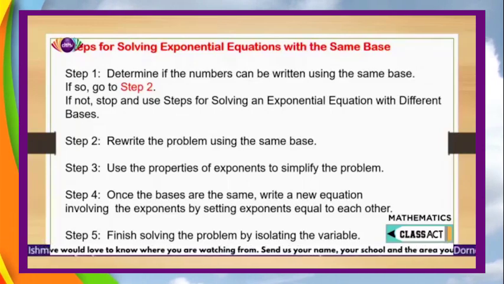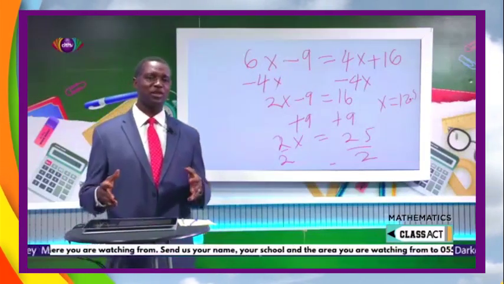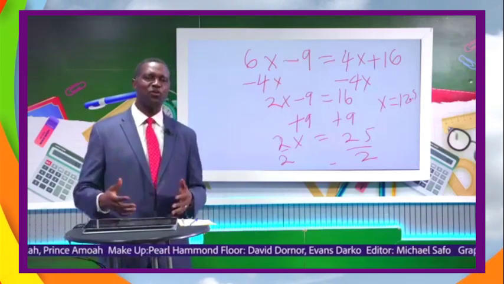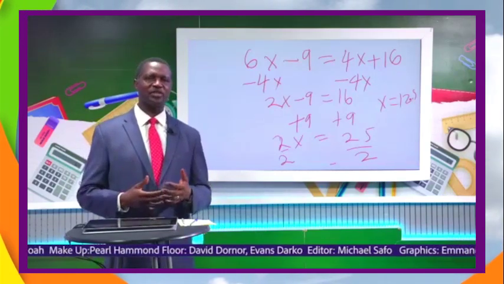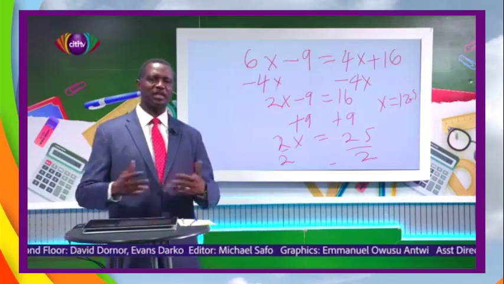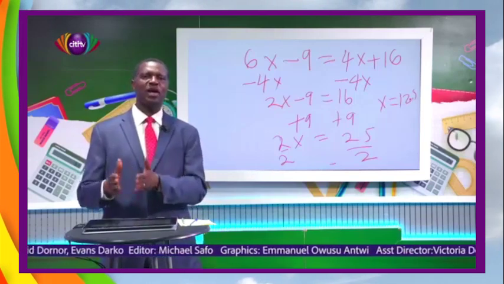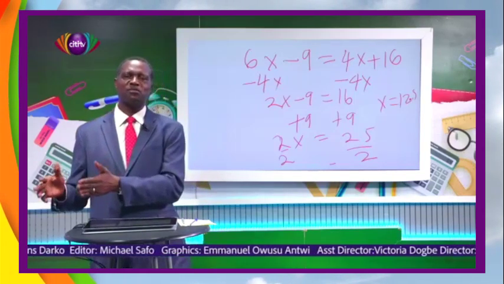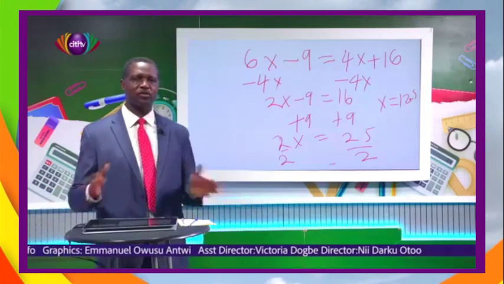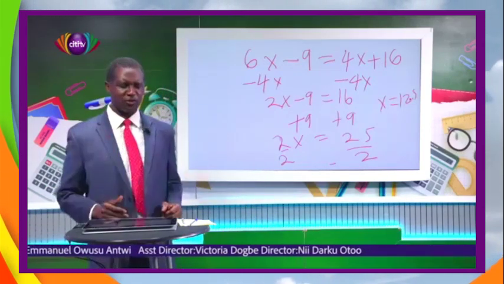And then you finish solving the problem. I always did this for my students when I was teaching mathematics: if a student is not doing well, I'll ask them to set their own questions, solve them, and give them to their friends to solve, and their friends will set questions and give them to them to solve. If you solve 100 problems of the same mathematical question, when the exams come, you're going to see a question that you have already solved. Congratulations already, because I know you're going to do well.